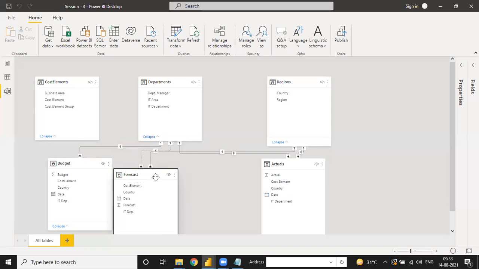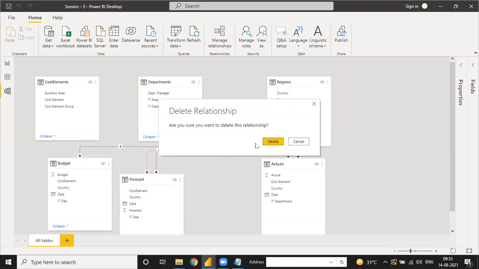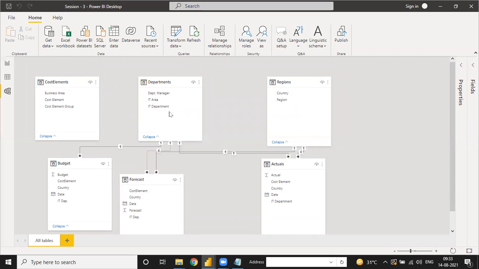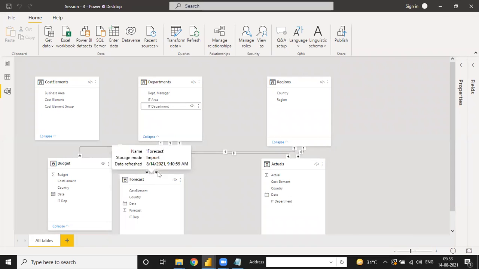So our relationships are ready. Otherwise, I just delete this one and make it again, IT department to IT department. See, now this is okay. Our third table is cost element, and under the cost element there is one common column, cost element, for all three.